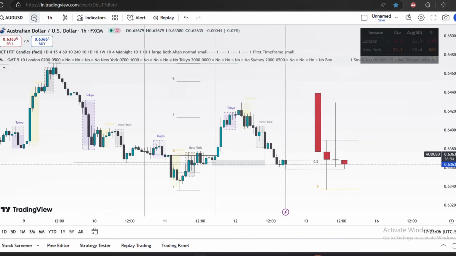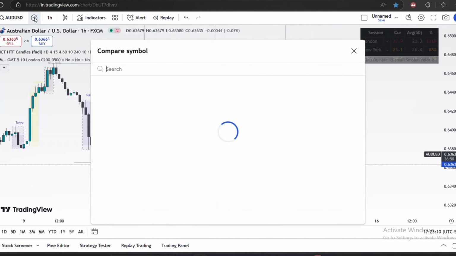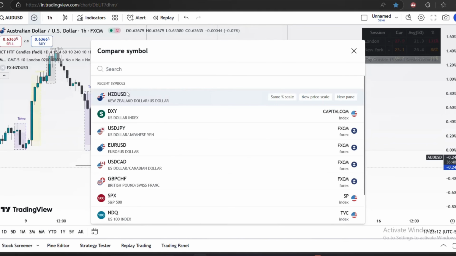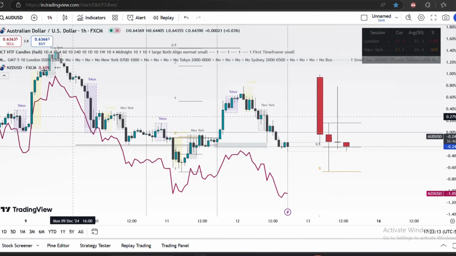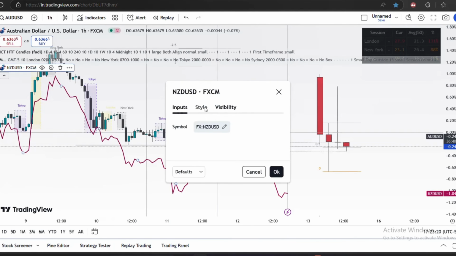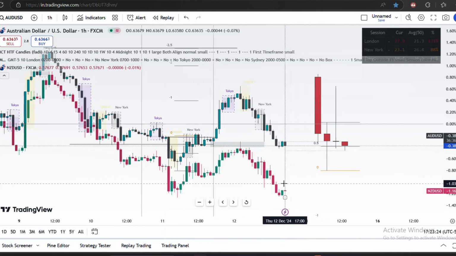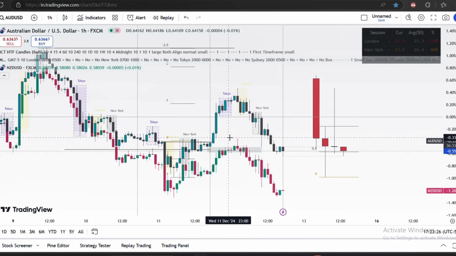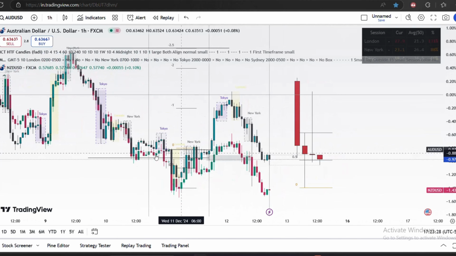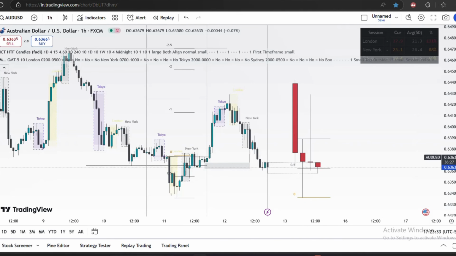So I compared it to its correlated pair, which is NZD USD, to find out if on NZD USD there is no POI that landing tagged, so that I can confirm that landing is Judas and look forward to trade the New York. So on NZD USD I saw that landing got into